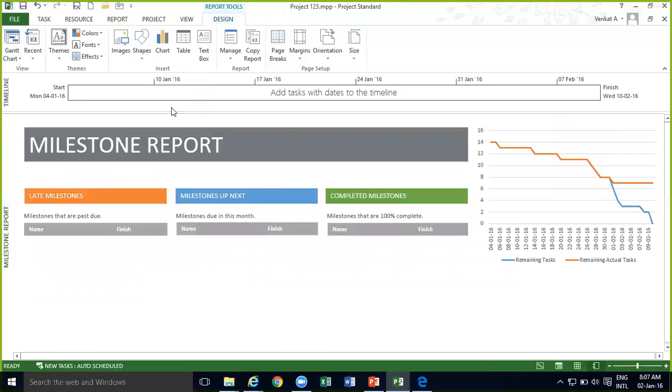then we have the milestone report. So you have some milestones in the plan. It will say which are the milestones which are past due, which are the milestones coming up in the next month, and what are the milestones that are completed. Right, that is what the report will show. So when you have a bigger project, when you have multiple milestones, then this will be very useful. Then